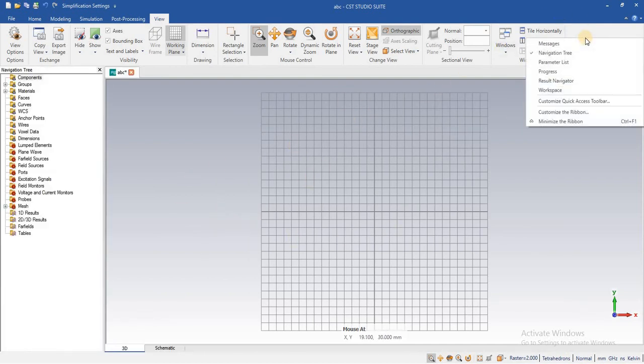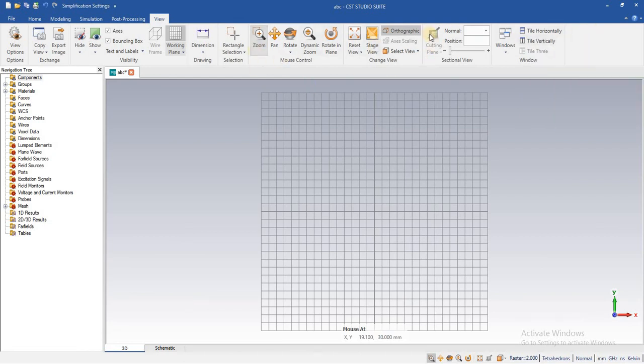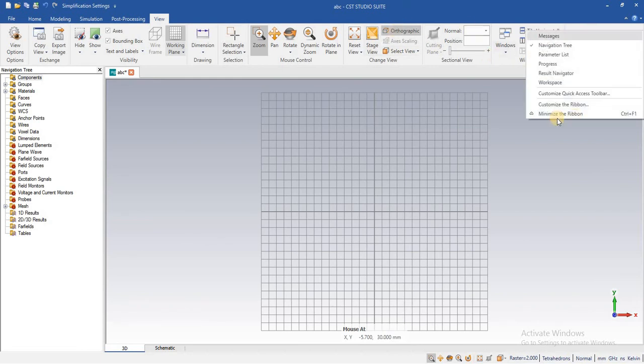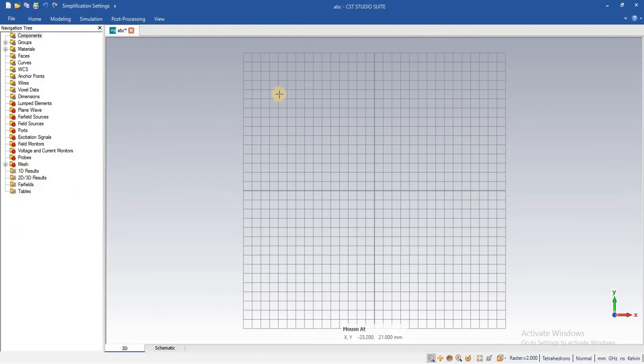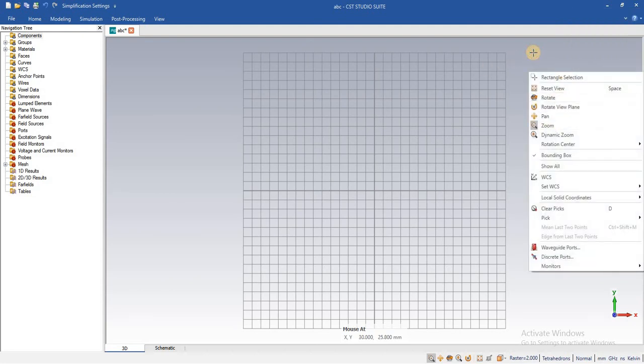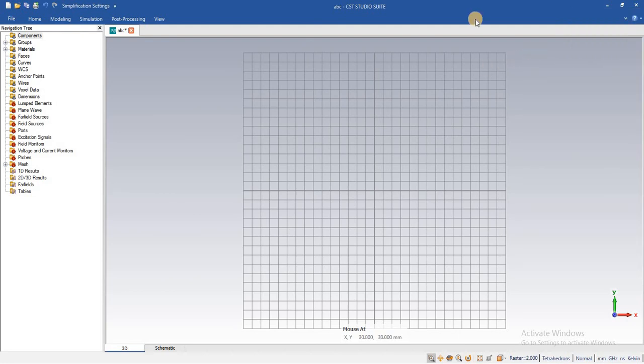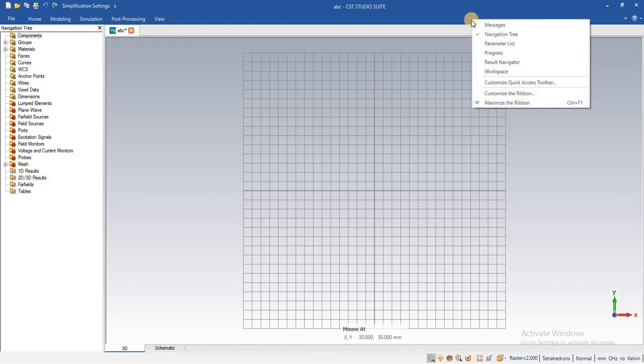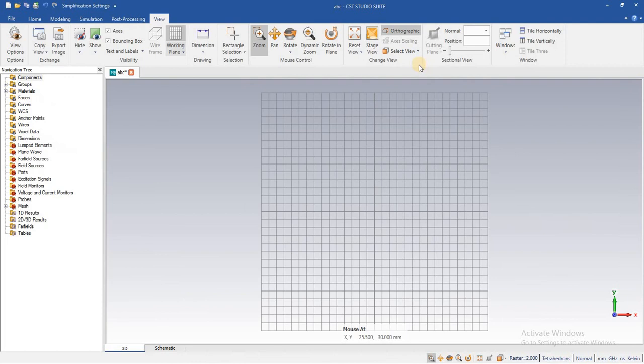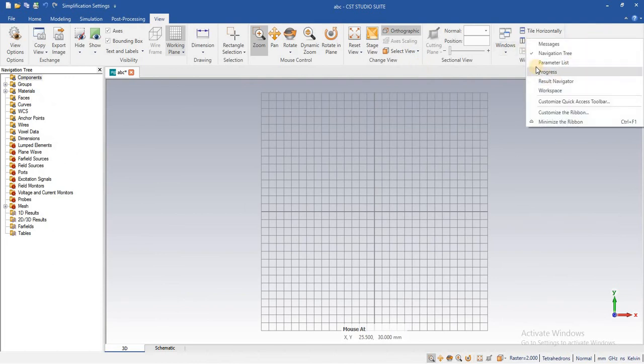Similarly, we have the ribbon, the toolbars. We can also minimize this. Just click there, minimize ribbon. Now you can see it is minimized. Right click here and you can again maximize the toolbars.